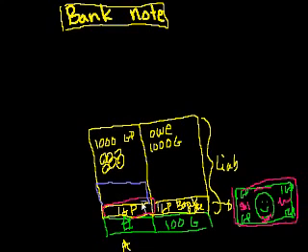So maybe if you gave me 5 gold pieces, that rectangle is much larger than it should be relative to the 1,000, but I think you get the point. Then I'll have a liability here that says 5 gold pieces banknote outstanding. I'll call it B note outstanding. And I'll issue